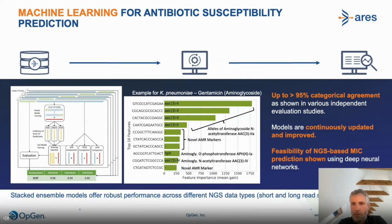Unlike rule-based approaches, as used by ResFinder or AMRFinder, our AI models do not depend on simple presence-absence of known genetic markers alone, but allow for polyvariate sequence signatures, including, for instance, in non-coding regions that may affect gene expression. The machine learning approaches we have chosen and optimized over the years rely on a process referred to as